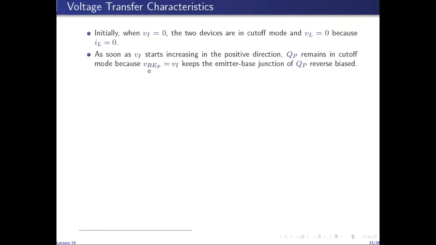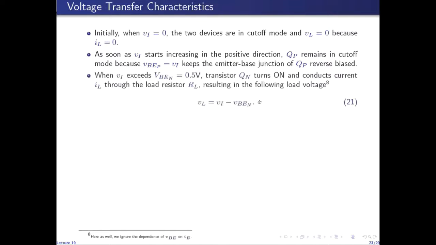So Vi is equal to VBEP, and since Vi is increasing and is positive, VBEP is positive, which keeps the emitter base junction of QP reverse biased. So as soon as Vi starts increasing, QP remains in cutoff mode. However,